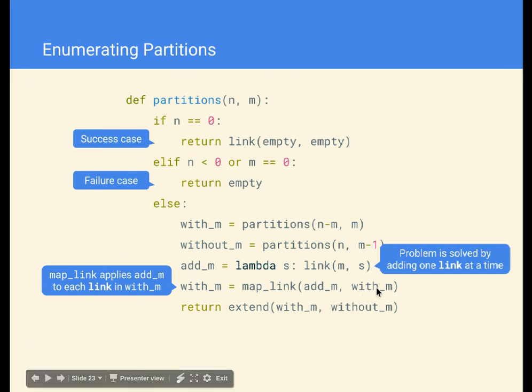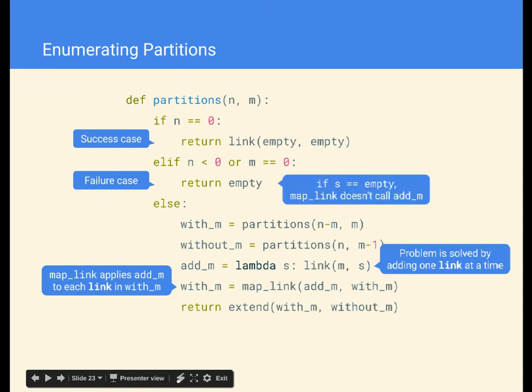I guess the problem with partitions on lists is that they're different syntactically. You're going to be using brackets to define your lists, but we still have the same ideas going on. We need some way to define no combinations versus some way to define a combination that I want to build off of. So we can still define it analogously, like maybe a list of an empty list. But the nice thing about linked lists is that it has a nice syntax that lets you link it up one by one. Whereas here you might have to do plussing and some tricky stuff, we have these convenient functions that allow us to work with it without having to think too much about the nested list structure.